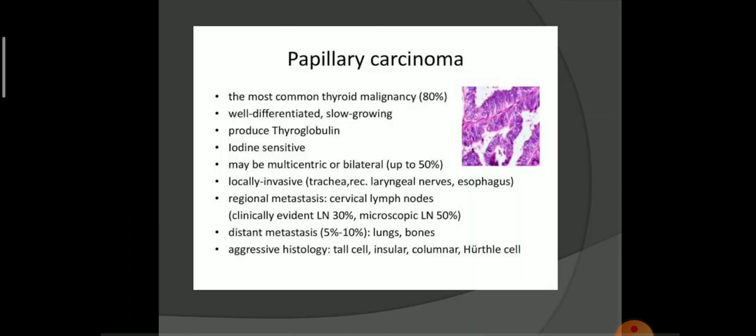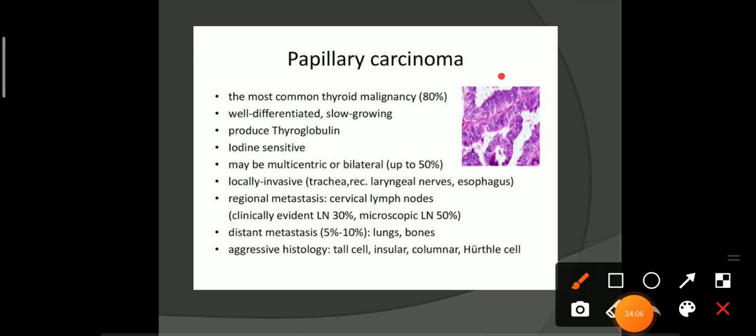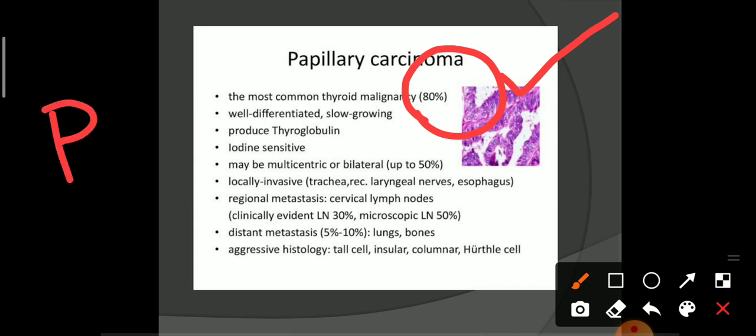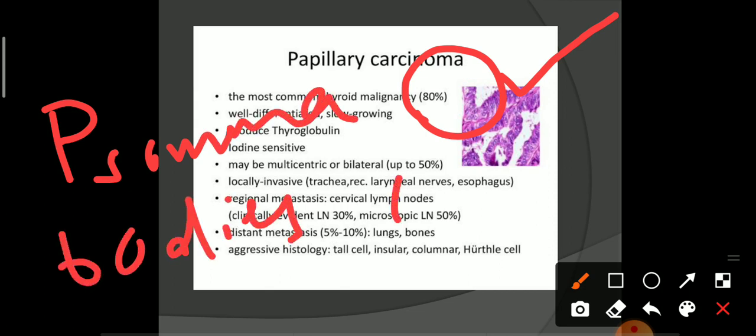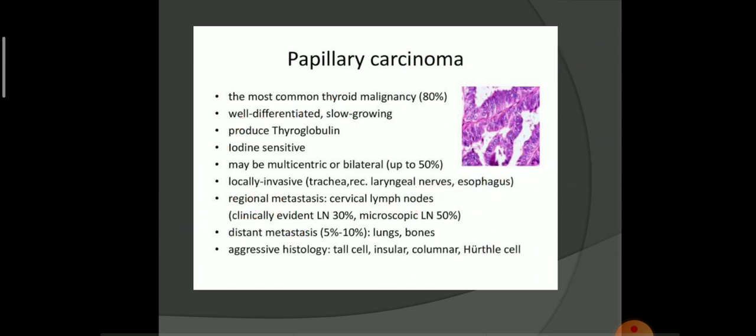Now, let us discuss tumors of the thyroid gland. Papillary carcinoma is the most common carcinoma of the thyroid gland. It occurs in 80% and the prognosis is very good here. Psammoma bodies are seen. Characteristic features include psammoma bodies and orphan-eyed nuclei. And the spread is by lymphatic spread, and the organ involved in papillary carcinoma is the lungs.